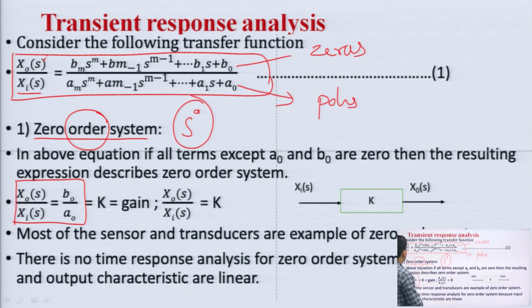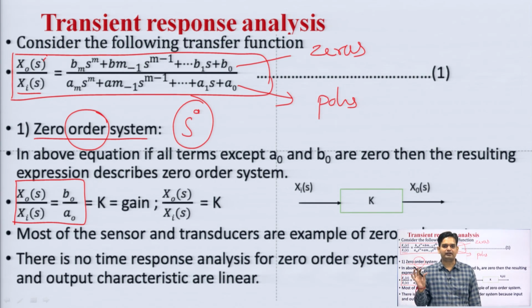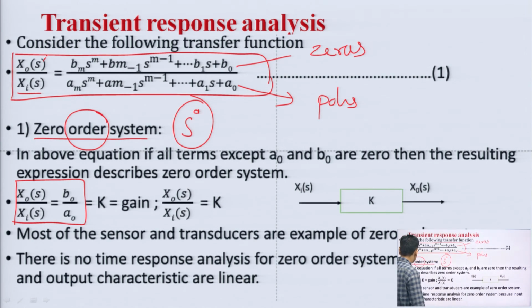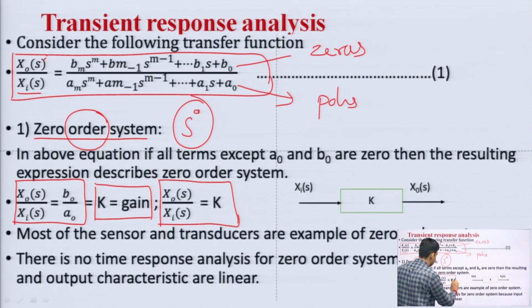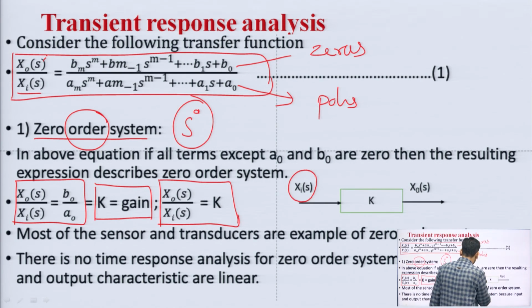Whenever we talk about the 0 order system, in that case the transfer function would be a constant value, it will not contain any s parameter. Okay. So, basically this is giving you a DC gain k, or you can say x naught(s) over x i(s) equal to k gives you the transfer function. You can model it like this: x i(s) is the input, this is a system which gives you gain k, and the output is x naught(s).